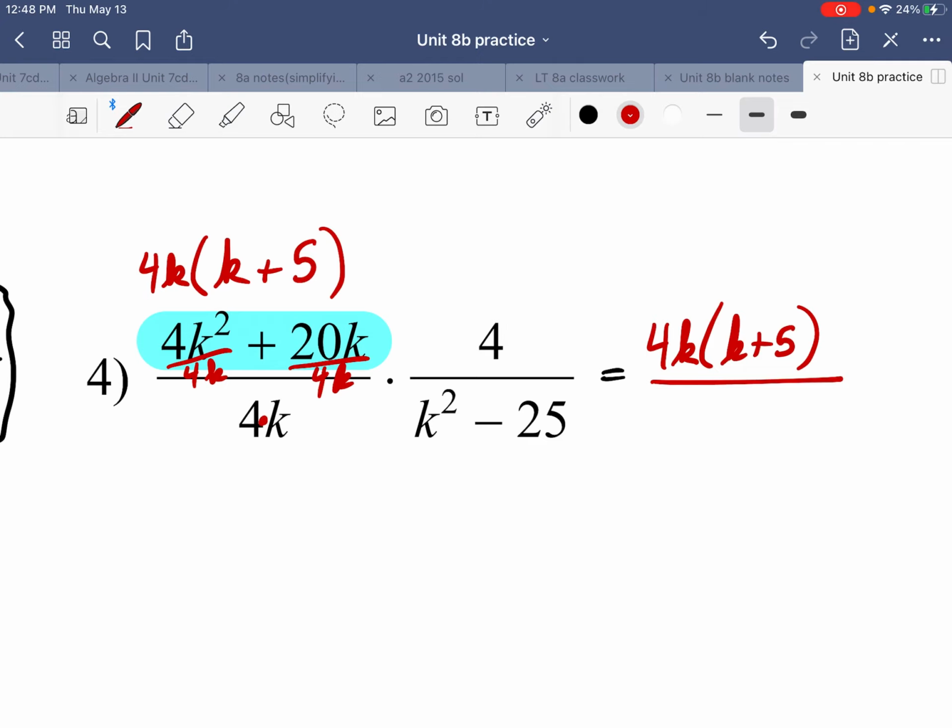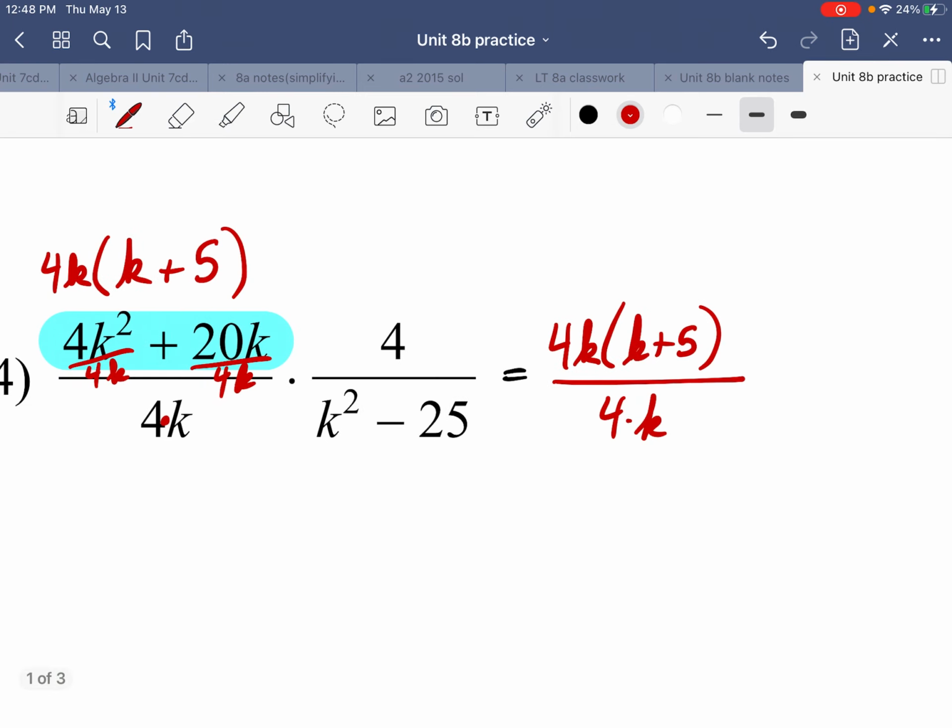The denominator, it's a monomial. No need to factor it. Already factored for you. It's 4 times k. Second fraction, second rational expression here, the numerator is 4. That's a monomial, nothing to factor there. Last fraction, the denominator is k squared minus 25. This is a